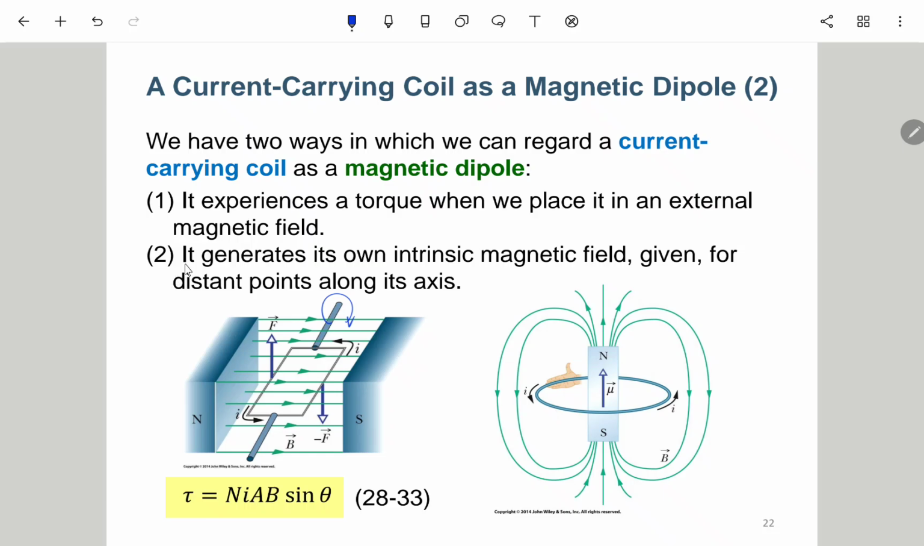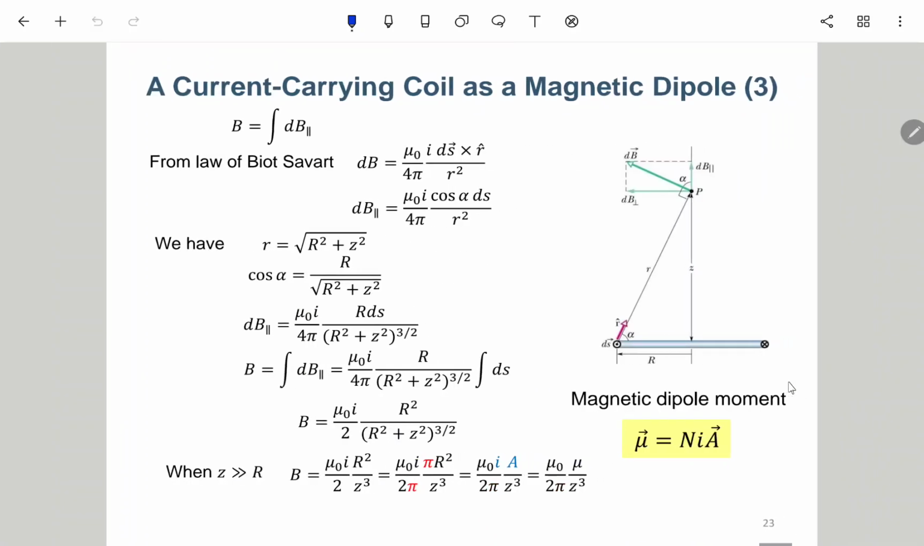And then for the second case, it generates its own intrinsic B field at a distance point along its axis. So both the magnetic bar and the current coil can actually generate the same or a similar B field pattern. Okay, so here we try to simply derive this expression